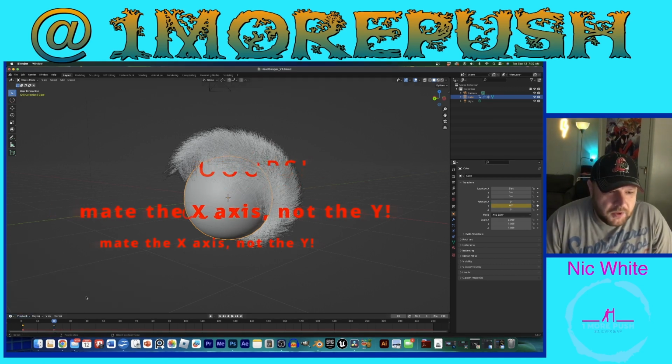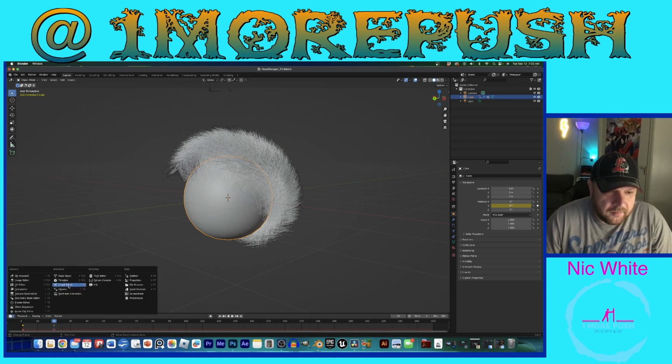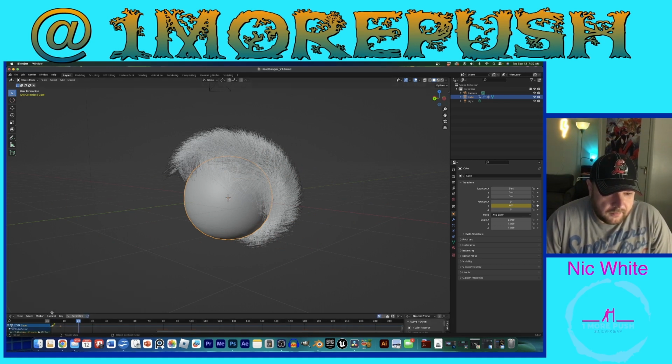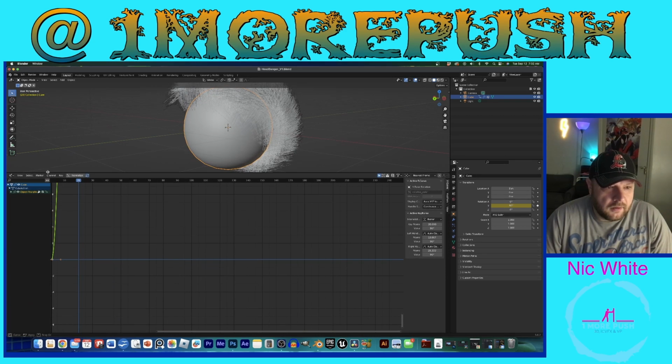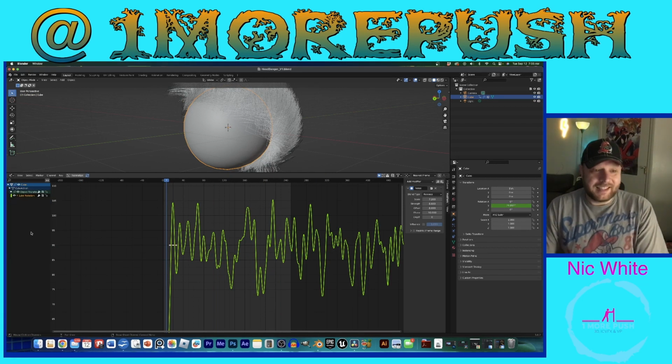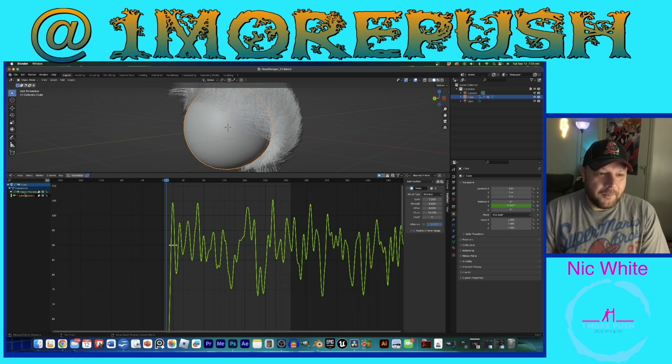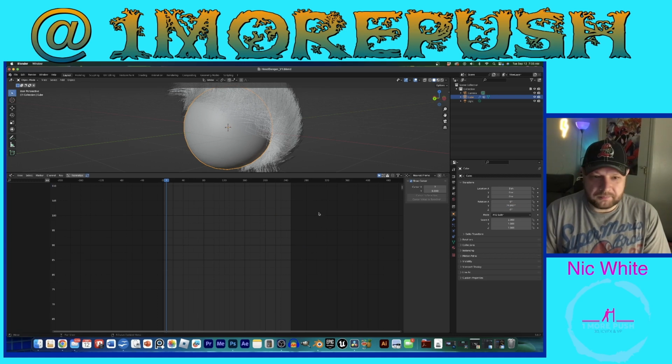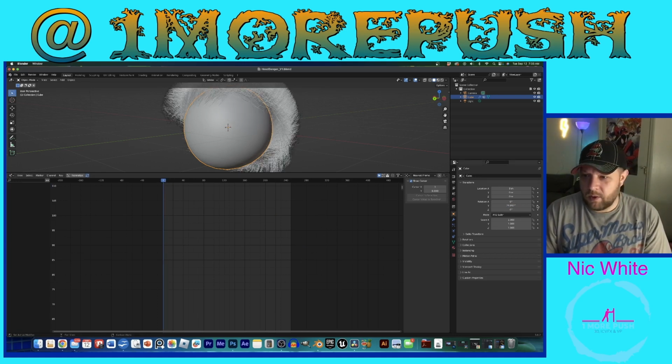Now we're gonna go to the graph editor. We're gonna select our keyframes, the Y Euler rotation. Actually, I just realized this needs to be on our X, not our Y. So no problem, this happens a lot. You make mistakes, so we just go back and fix it. So remove that attribute. Let's go to 1,